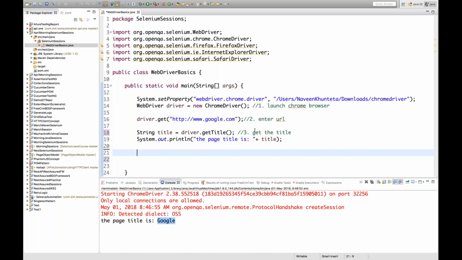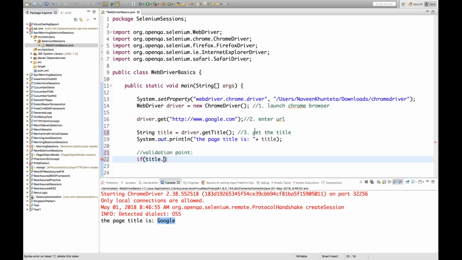So now we have to write the validation point. This is the most important thing, guys. We have to validate that whatever we have done so far, it's correct or not, right? So how will you validate? I'll write one if else condition, a conditional statement, that I'll check this particular string. The value of title is a string. If title dot equals Google,